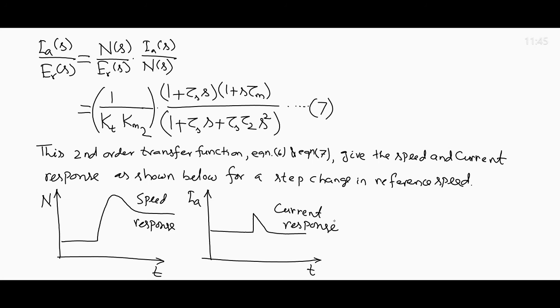So addition of integral control with the proportional control eliminates the steady state error in the speed and current, and also reduces the gain required for the speed controller. And the responses conform to the known response for the second order system.